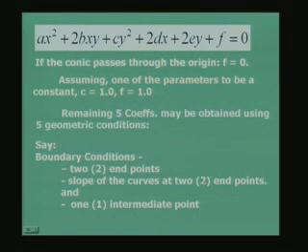So, we have a starting and a finishing point, and we also know the derivative slope or the tangent to those curves at those 2 points. So, those are the first 4 boundary conditions, 2 plus 2, and the one more boundary condition we can visualize is an assumed intermediate point. That is why we have the 5 geometric conditions to obtain the 5 different coefficients